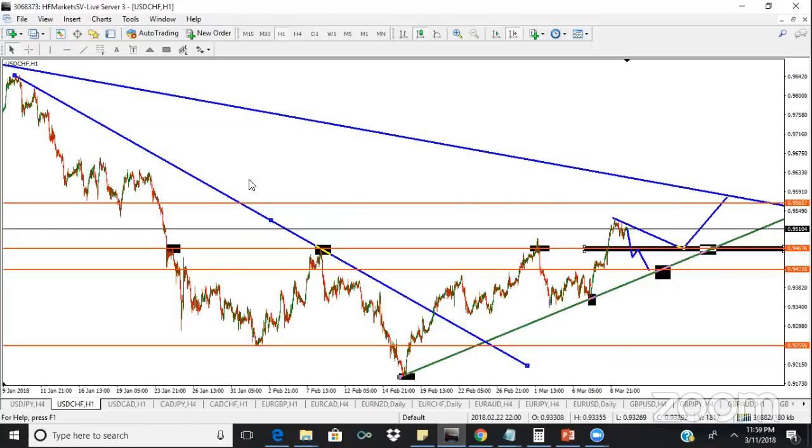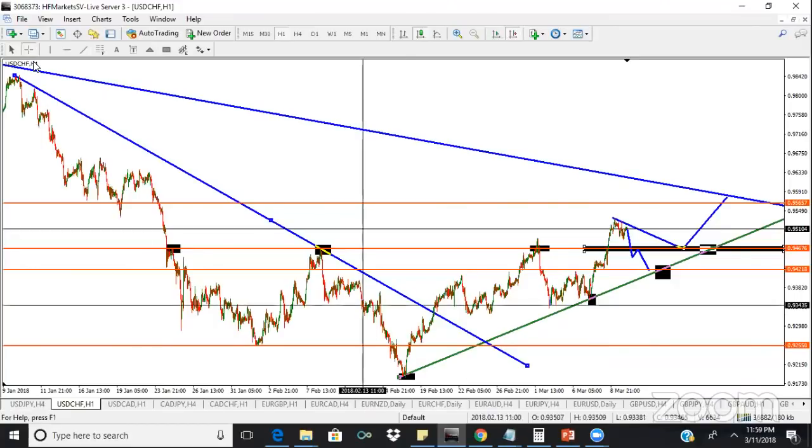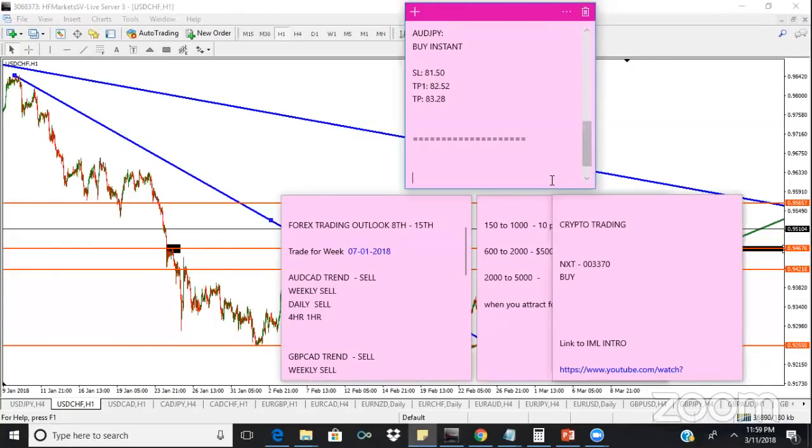So last week trade all ended in profit. All ended in profit. It was an interesting one. I was happy myself. USD CHF. So you are looking out for a buy